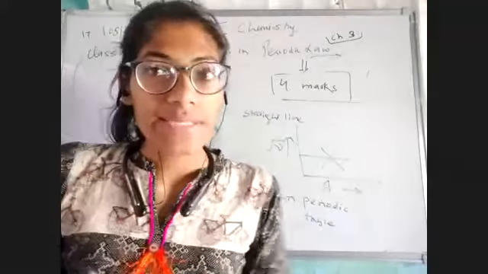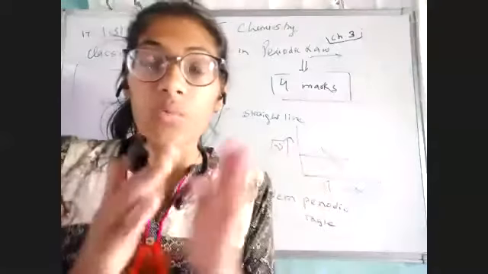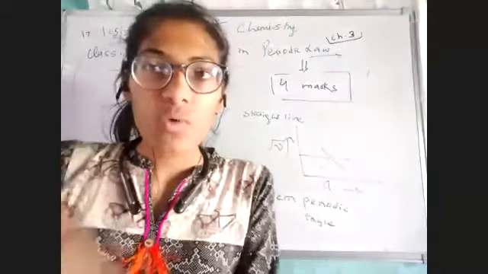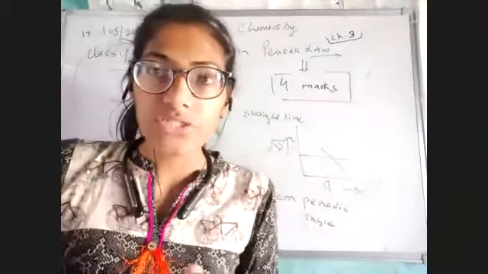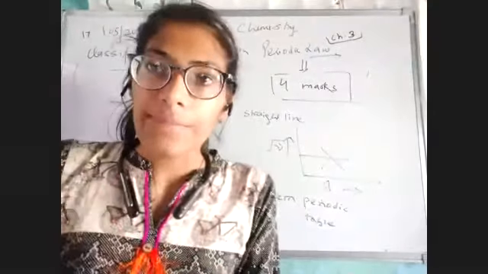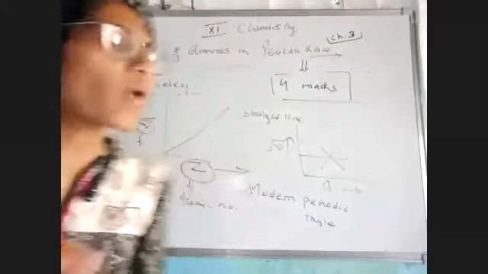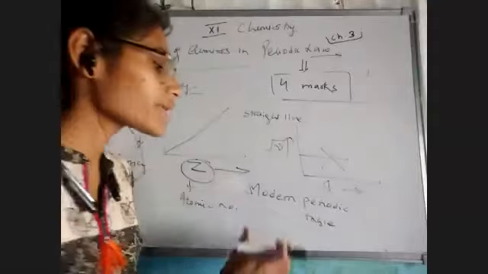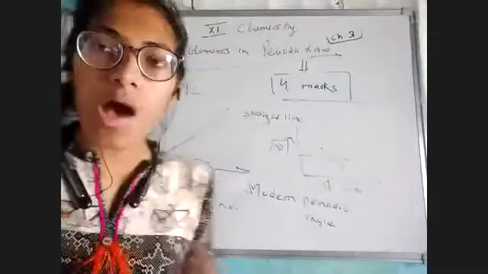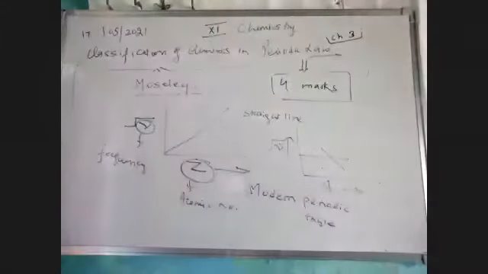So the tables that the earlier scientists gave us, we need to change them, we need to modify them, and after modification what did we get? We get the modern periodic table. Okay, so now our next topic is the modern periodic table, and we will see how many elements we have arranged. Okay, so let's begin.